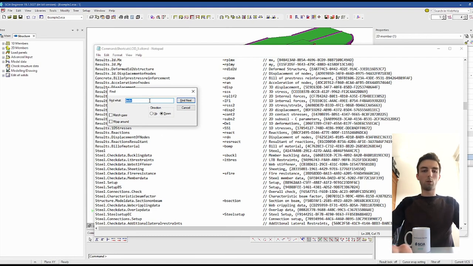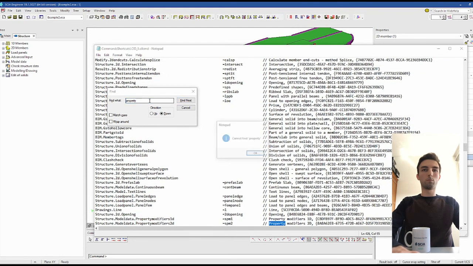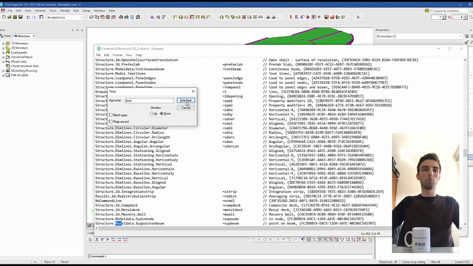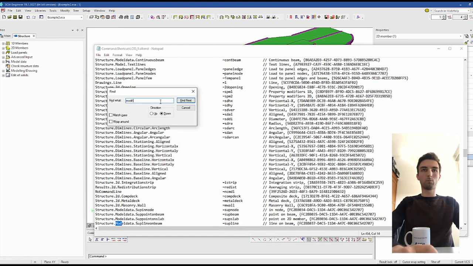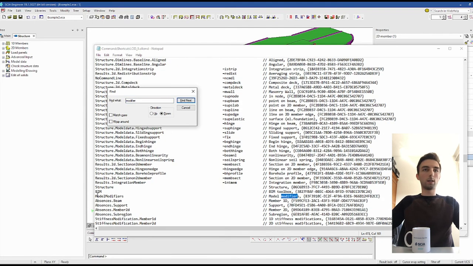For example, property modifiers, and I can use this command. I can copy it